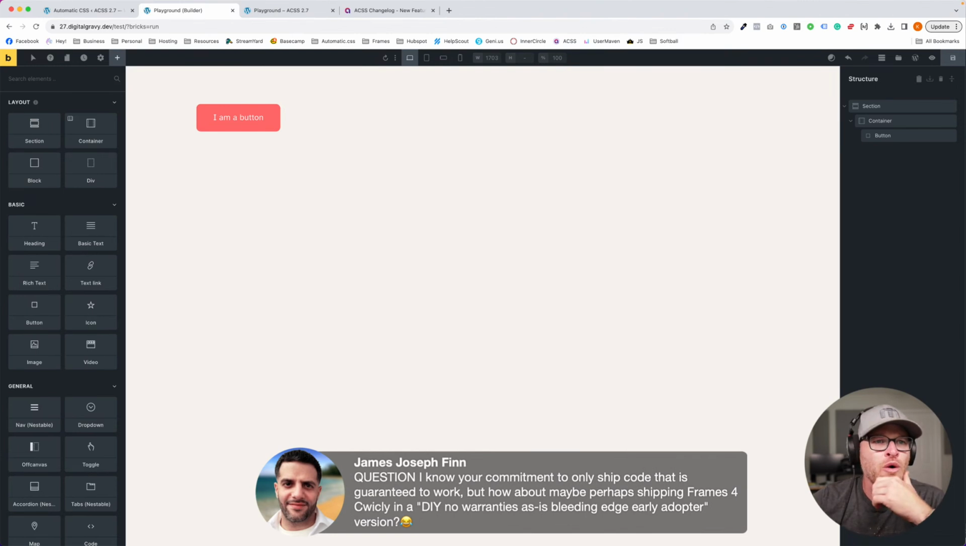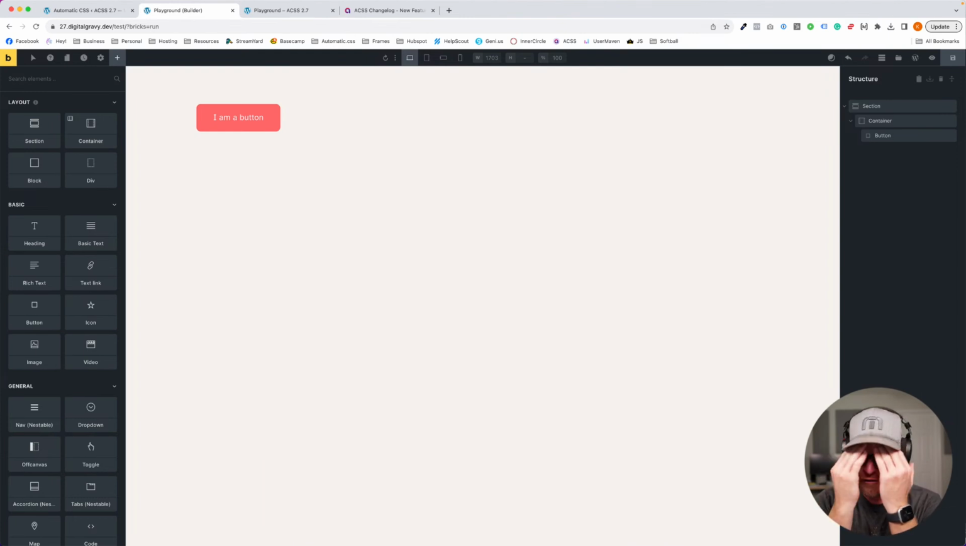I know your commitment to only ship code that is guaranteed to work, but how about maybe perhaps shipping Frames for Quickly in a DIY, no warranties, as is bleeding edge early adopter version? Is this what begging looks like? Here's the thing, guys, Frames. I rarely use this term, but I think it fits here. Frames is an assload of work, okay? Like hundreds of hours